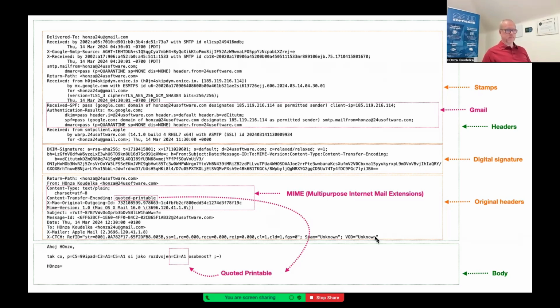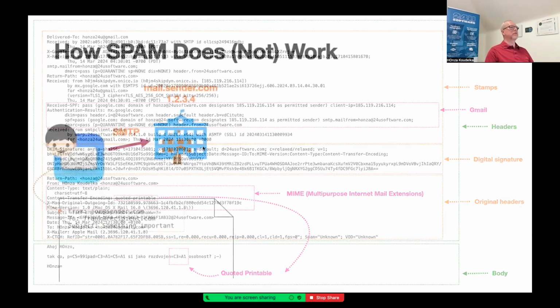Every mail server, like the post office, adds some information to the email headers. So if you open email headers in your client, or you can open the raw message, different email clients have different terminology for this, but if you manage to look at the raw message in the email, you will see that it begins with all these weird headers, and there are basically two kinds of headers. One kind is the stamps,